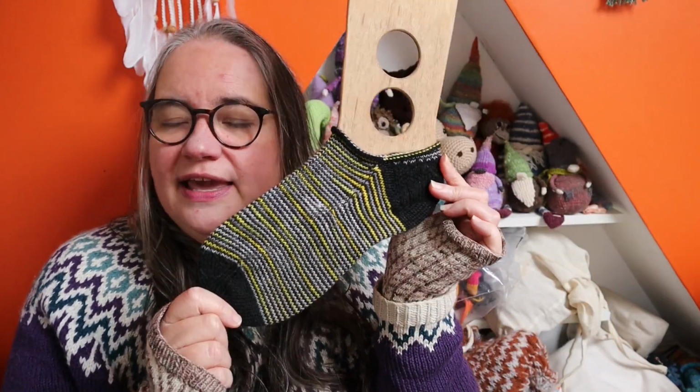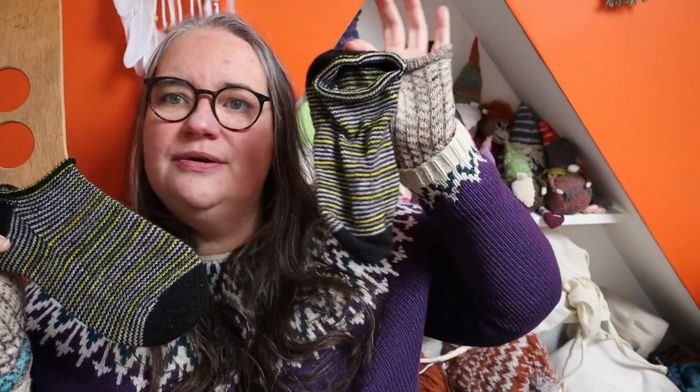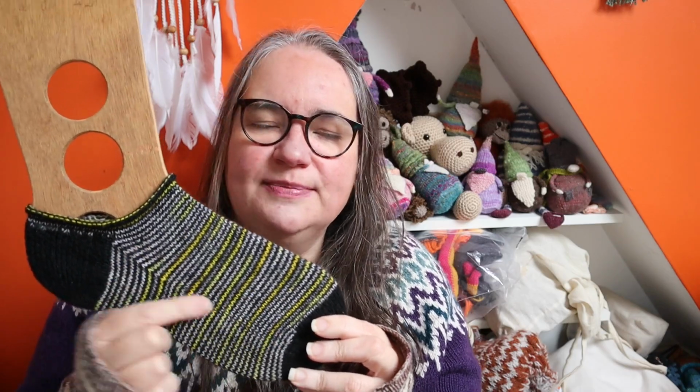The first pair of finished socks that I'm going to share with you are these. I've only put one sock on the sock blocker, but I assure you I do have a pair. So these were just a pair of really simple summer short socks that I cast on using a very precious leftover. So the yellow and grey stripes that you can see were from a lovely indie dyer here in the